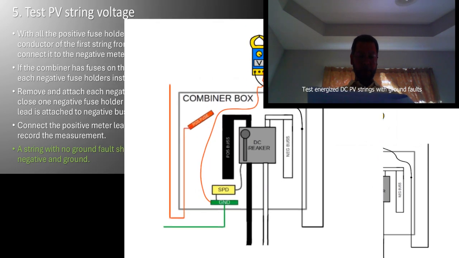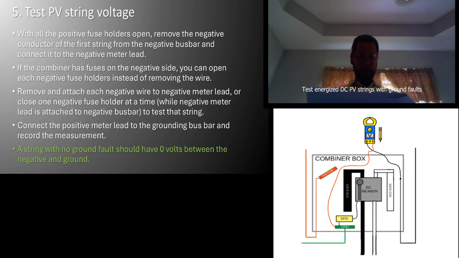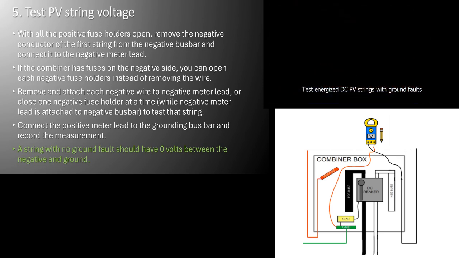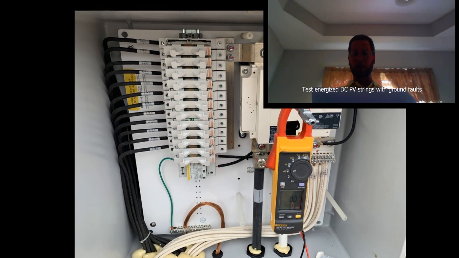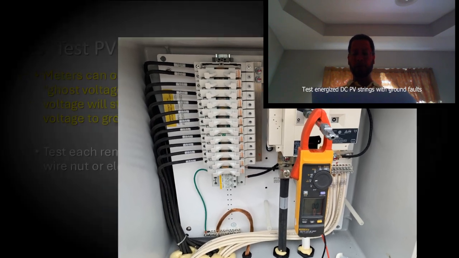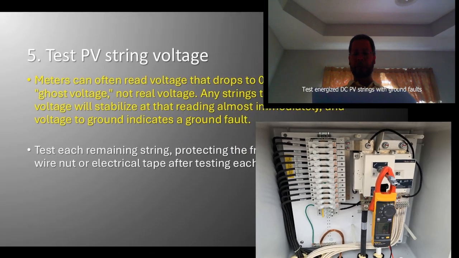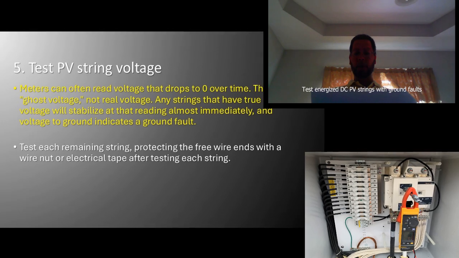Connect the positive lead from the meter to the grounding bus bar and record the measurement. A string with no ground faults should have 0 volts between negative and ground. Meters can often read voltage that drops or bleeds to 0 over time. This is ghost voltage, not real voltage. Any strings that have true voltage will stabilize at that reading almost immediately, and voltage to ground indicates a ground